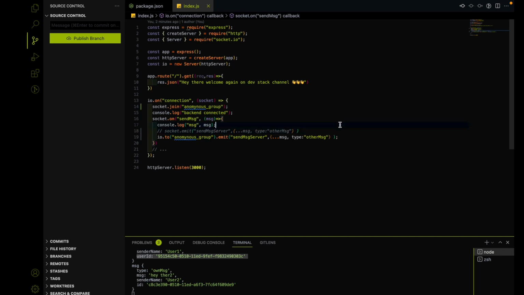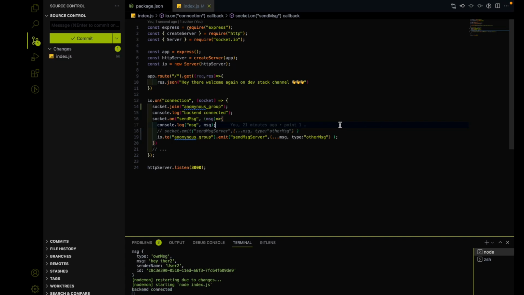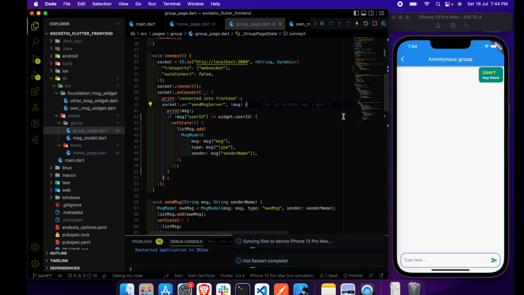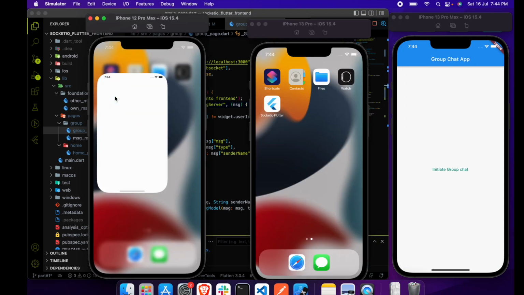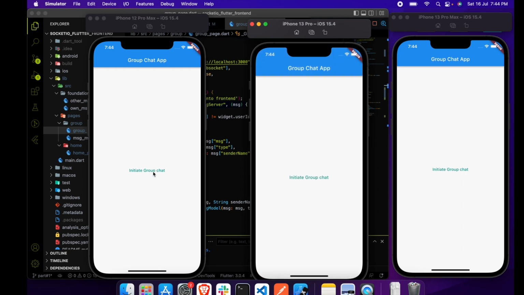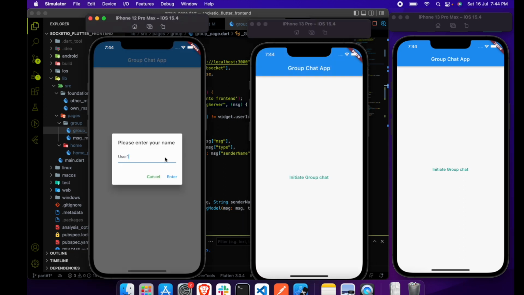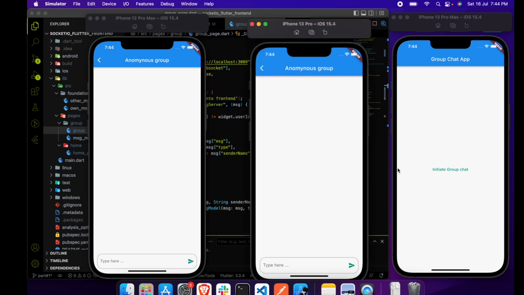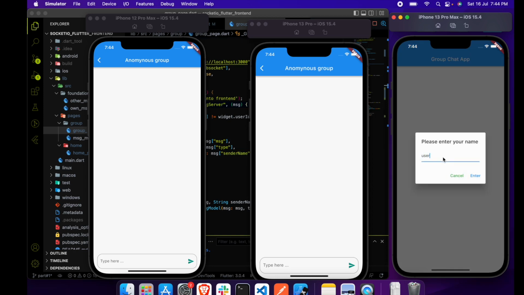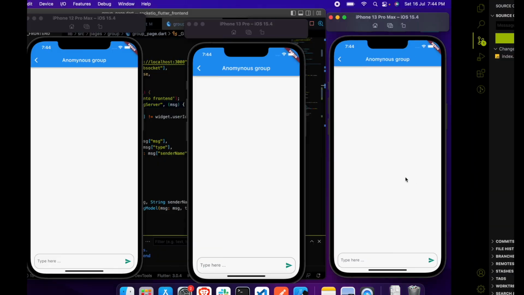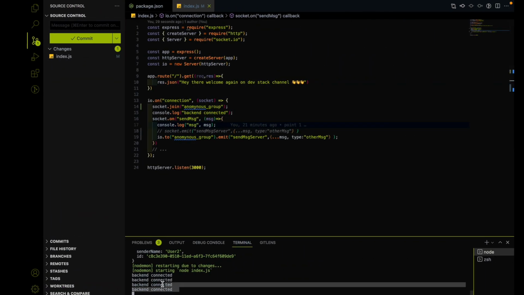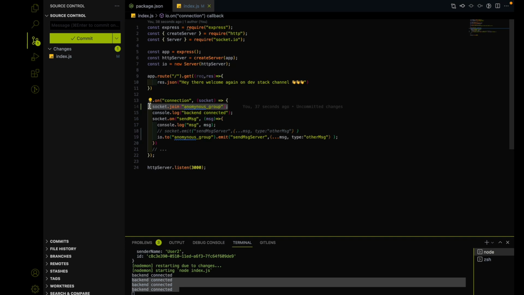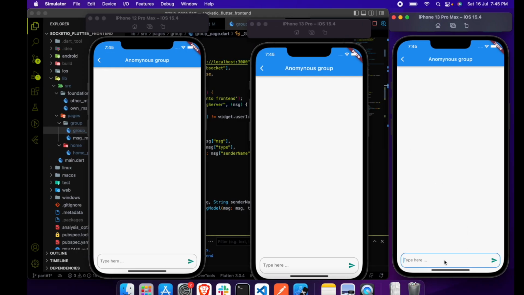Now it is ready to test properly. Let me refresh the page and open all the socket clients. Let's start with user 1, enter. Let's start with user 2, and let's connect user 3. So all three users are connected. You can see that all three users are connected with our socket server and in the same group called anonymous group. Suppose I send a message, hey there,